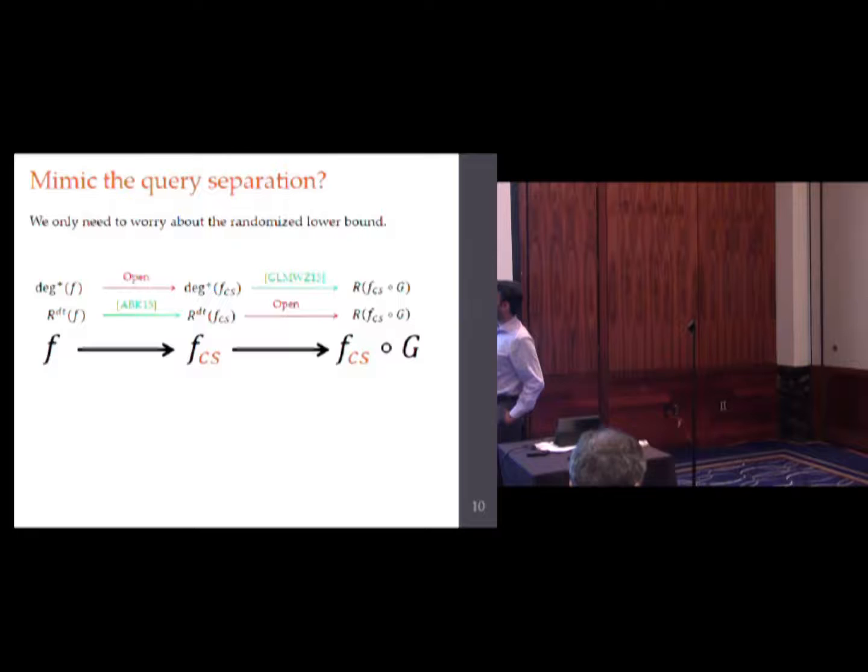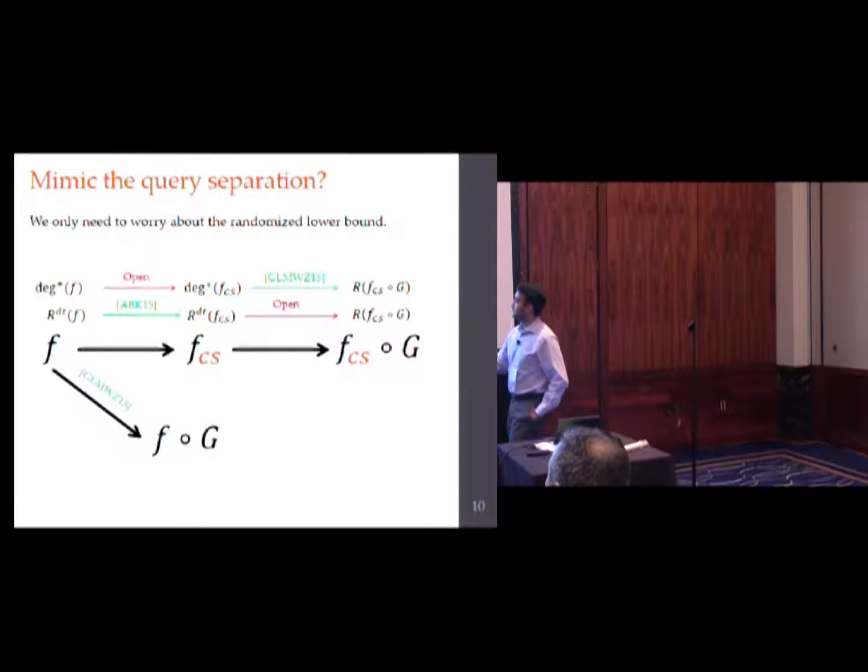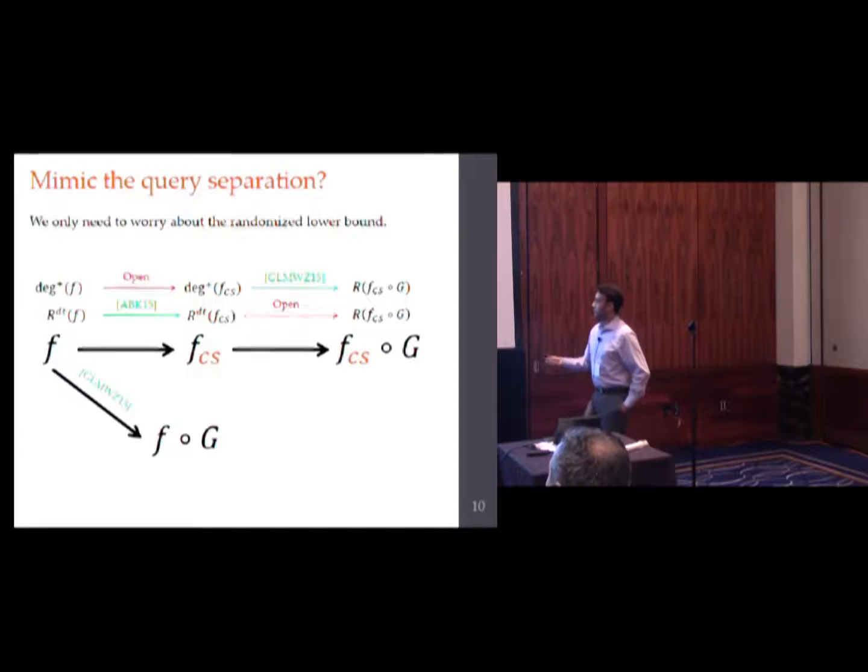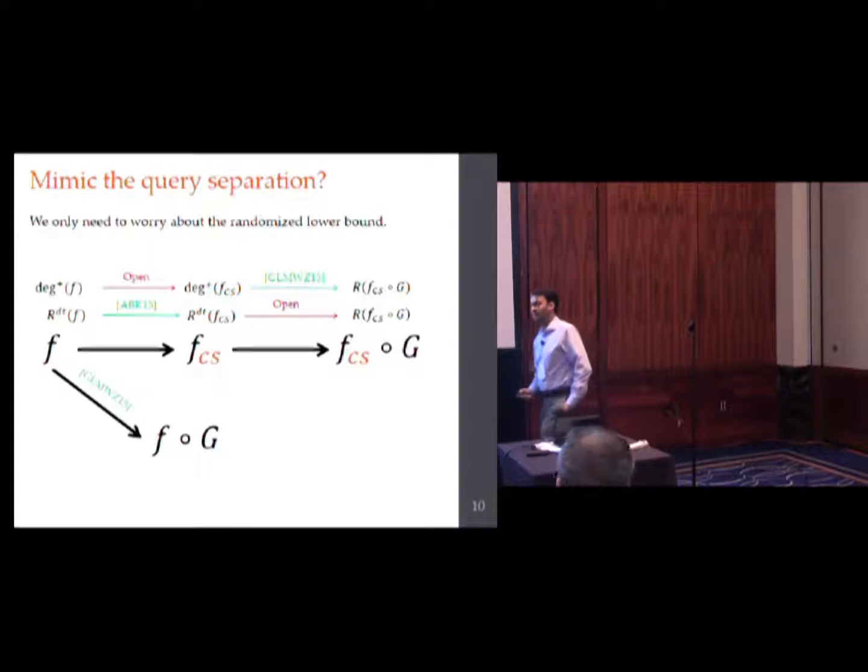So we do the only thing we can do, which is from here, we have a lower bound in conical junta degree, and we have a lifting theorem for conical junta degree. So we first lift it. So this is fine. You can lift it because this is a thing we have a lower bound for. We use this known lifting theorem. What do you do from here? Like, you've already lifted it. There's only one thing to do, which is to apply this cheat sheet transformation.